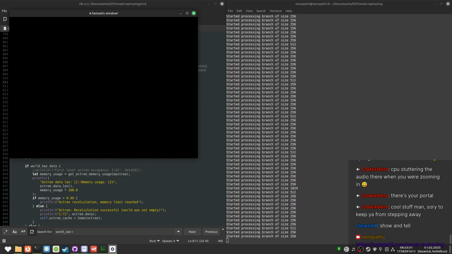And then when I can generate a bigger world without waiting for this, I can up the size a lot and then I can just start building. And then I can start making blocks out of the voxels. So I want to have 8x8x8 blocks made out of voxels and then place those instead of individual voxels. And when I have that, I can start building gameplay. Like I can start building levels.